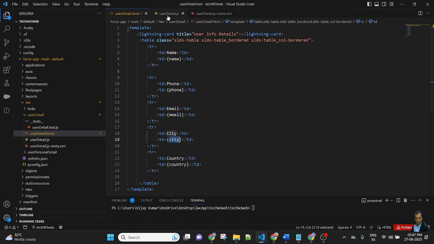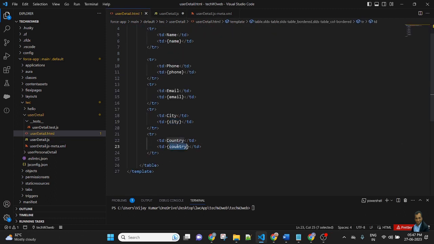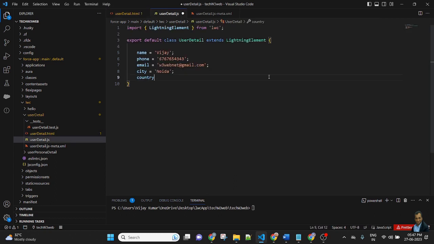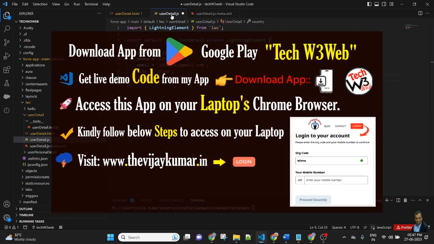City, Noida. Country, India. So all of these expression values I am passing in the JavaScript.